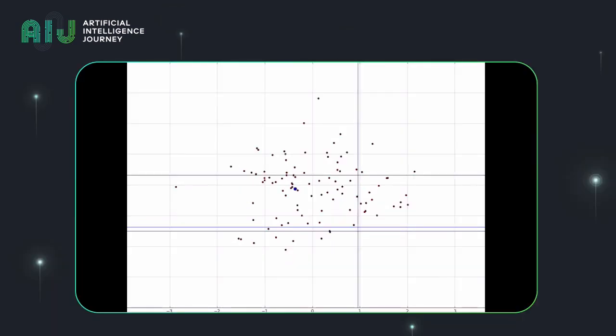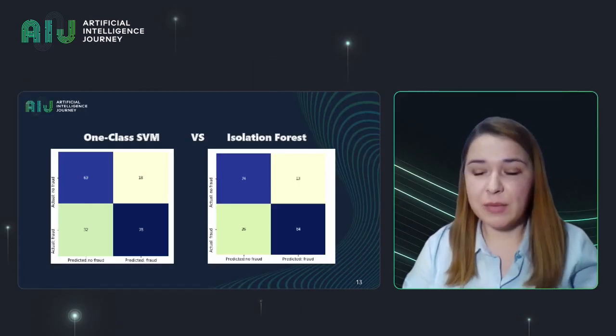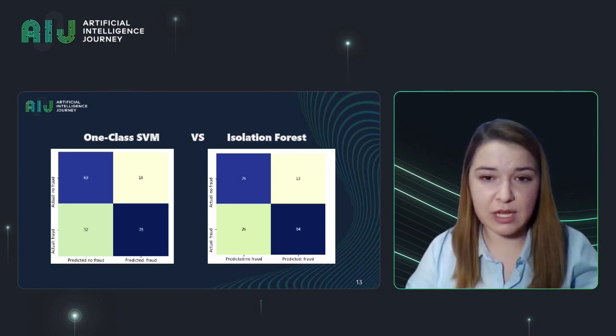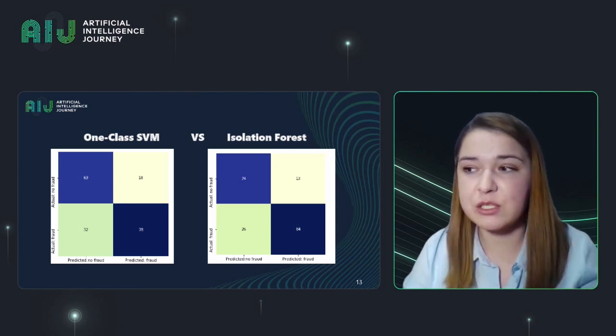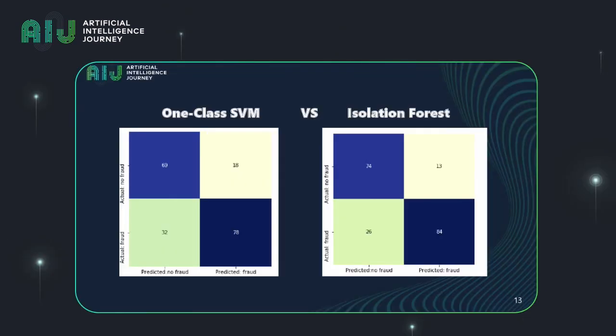We may compare one class SVM versus isolation forest. Right here, I'm showing the proximity matrices. So these matrices, as far as we can see here, divide and set them apart, and they generate a far superior result, which we have achieved by setting the parameters. With the isolation forest, it's contamination, which is the main parameter. One class SVM has a different one. It affects the